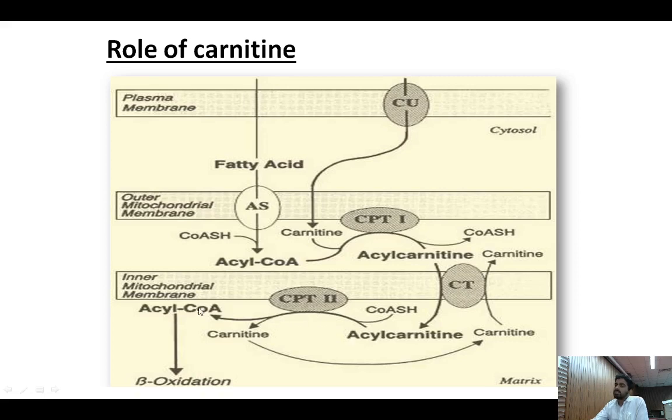This is again converted back to acyl coenzyme A and carnitine by CPT2. Carnitine is again transported back with the help of translocase. That's it. So basically, even if all the enzymes involved in the beta oxidation of fatty acid are present in the body, but if there is somehow some problem or defect or deficiency of the carnitine, still the fatty acid beta oxidation cannot happen, because fatty acid is present in cytosol. It has to get transported into the mitochondrial matrix for the reaction to happen.